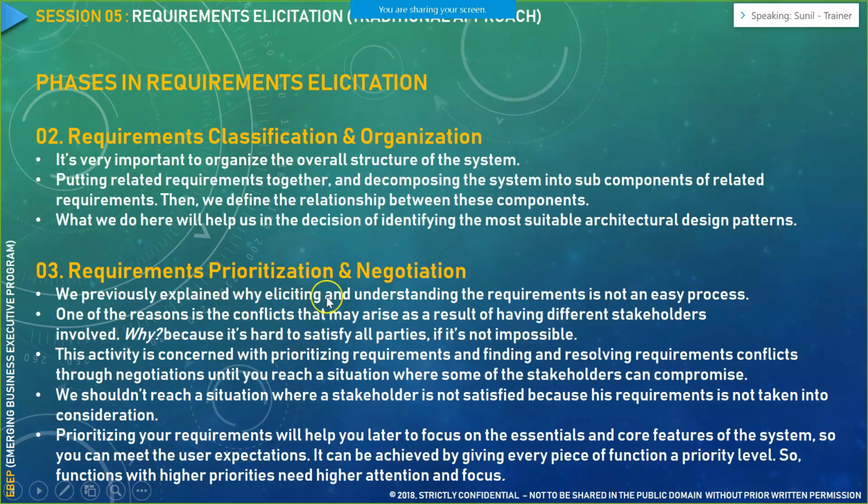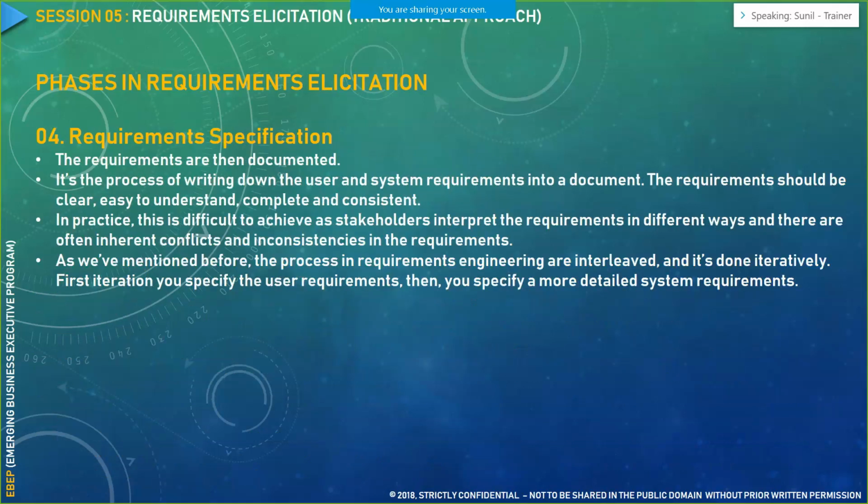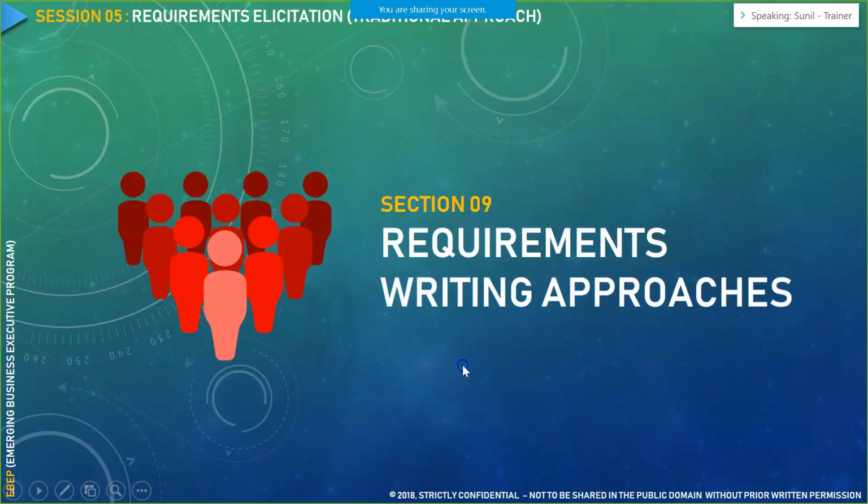The next phase is requirement prioritization and negotiation. Like I said, you need to set the priority and negotiate with the stakeholders in order to determine which is the highest ranking feature and which is the lowest ranking feature. Eventually you would specify the requirement by creating different design artifacts or design documents pertaining to that requirement. Essentially, you would be detailing out the requirement. The functional specification document is a low-level document that you prepare in the requirement specification phase during requirement analysis.